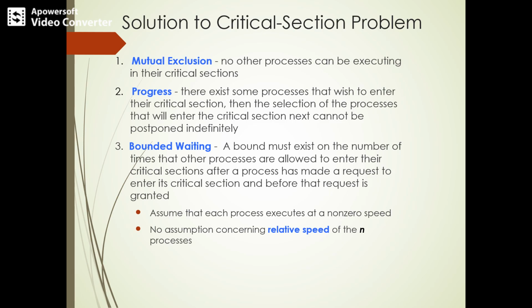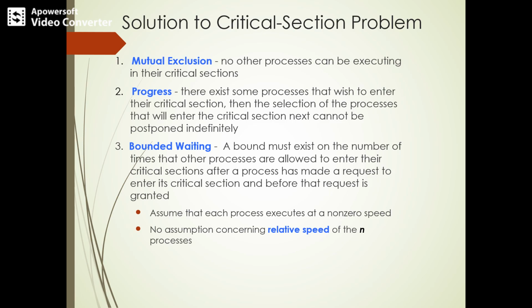That means if nobody, neither Pi nor Pj, is executing, and Pi wants to enter the critical section, then only processes that are not executing in the remainder section take part in the decision. In the remainder section, you may have other code which says the next process should be this one. So if there is no process in the remainder section, then the process which wishes to enter can come into the critical section next, and this cannot be postponed.